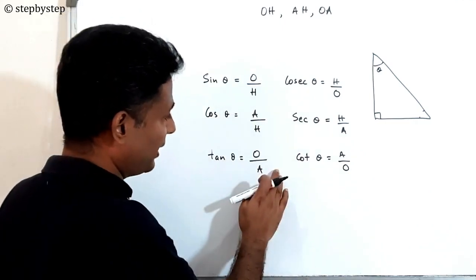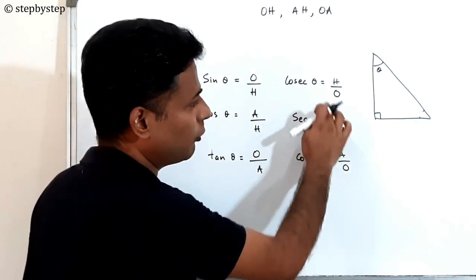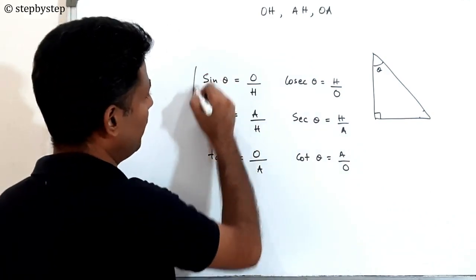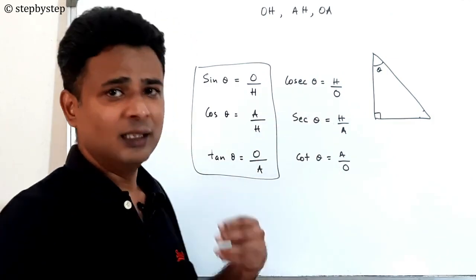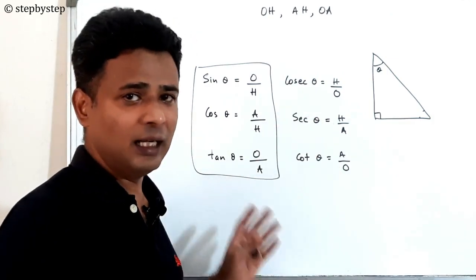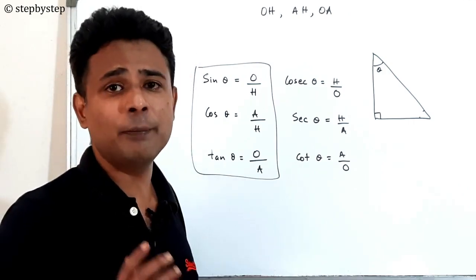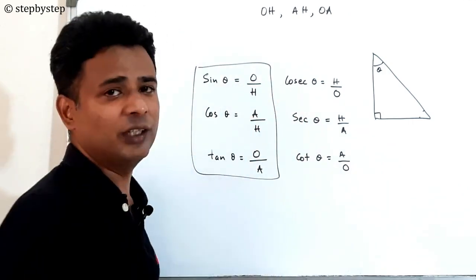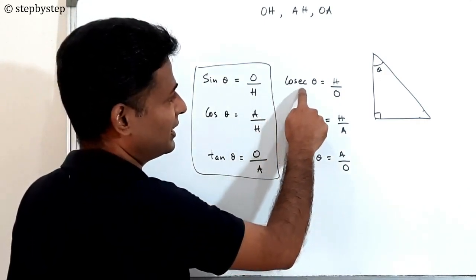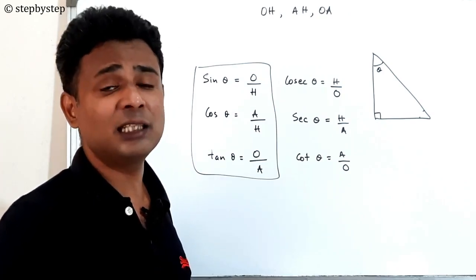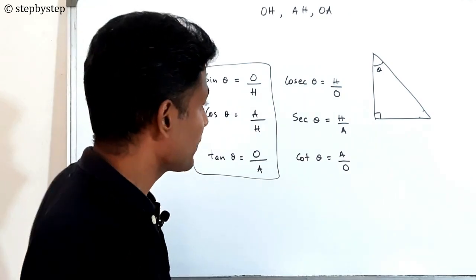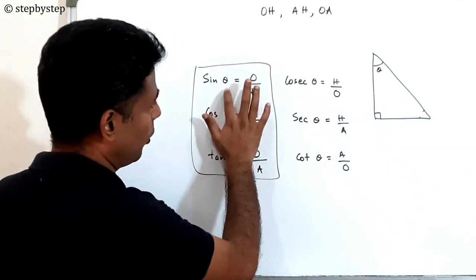So if you just remember this, you can easily find the rest. All you have to do in trigonometry is remember the three main trigonometric ratios. The other ratios are just reciprocals of the original ratios. All you need to do is remember which is the reciprocal of which. So remember, when it starts with cosec, it is not the reciprocal of cos, it is the reciprocal of sin theta. So guys, I hope you have understood what it is.